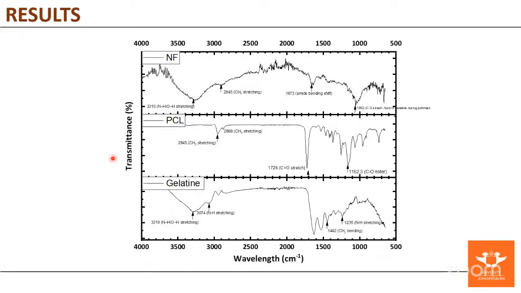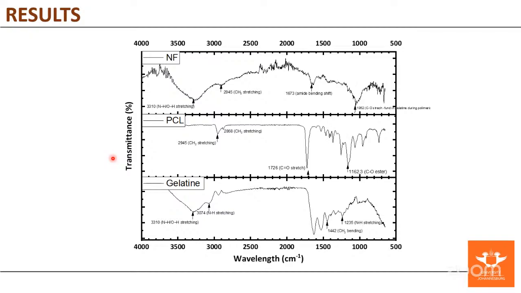Through FTIR, we wanted to confirm that the polymers that we use did in fact chemically interact with each other and are not just sitting next to each other in the fibers. So they are functional groups. So the lower bottom indicates the